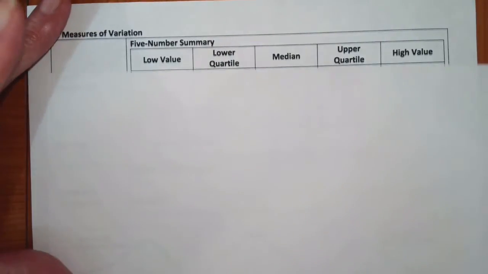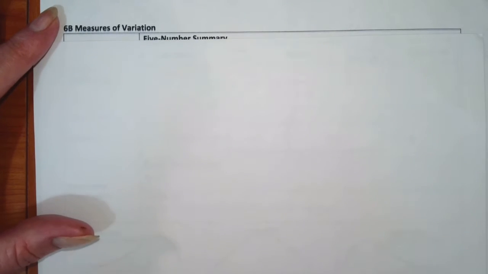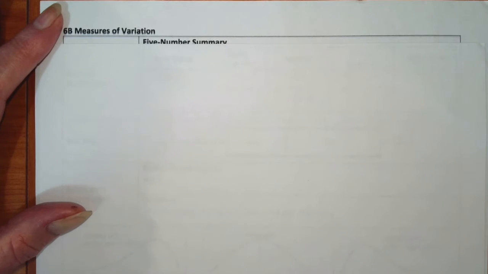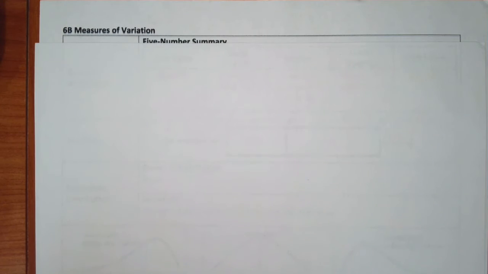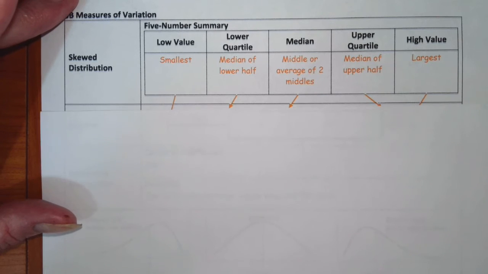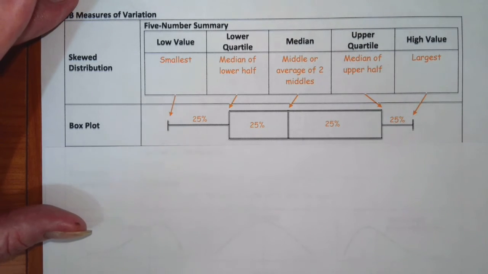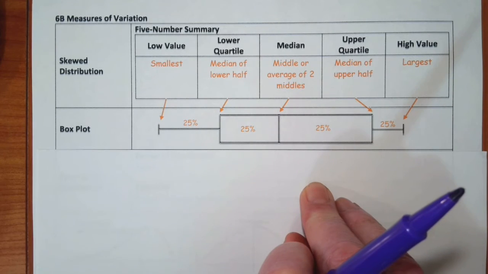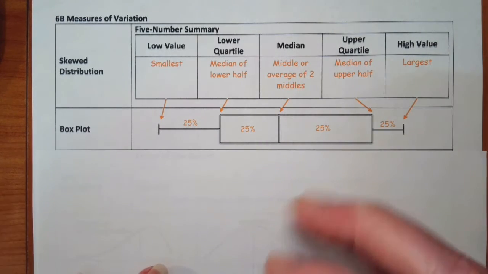Now 5B went into more numeric stuff. It was talking about the measures of variation. And 5A talked about just a qualitative way, this is an actual quantitative way of describing variation. For skewed data, we looked at the 5-number summary. Okay. And the 5 numbers are the